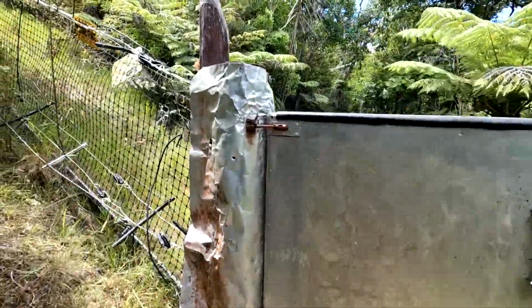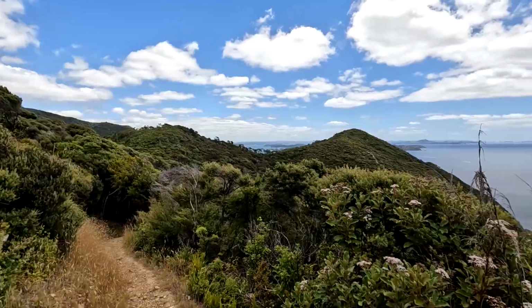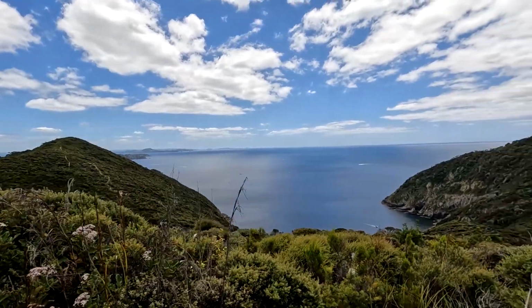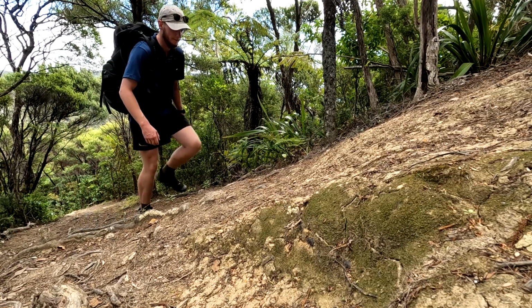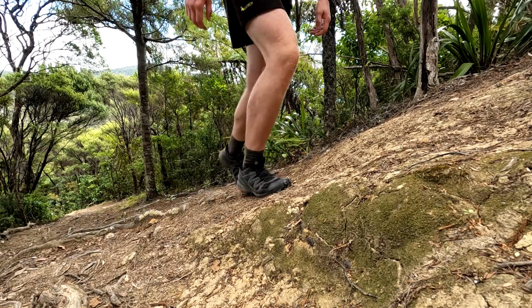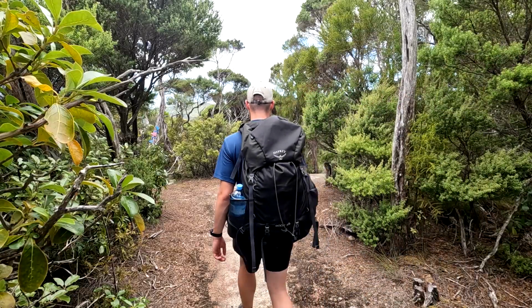The track then passes through an electric predator-proof fence, so make sure you close the gate behind you. Continuing along the top of the ridge, you'll get awesome ocean views of both sides of the peninsula, which help to make the constant climbing and descending a bit more bearable. On a hot summer's day, you might need sunscreen to protect your skin, but thankfully most of the trek is